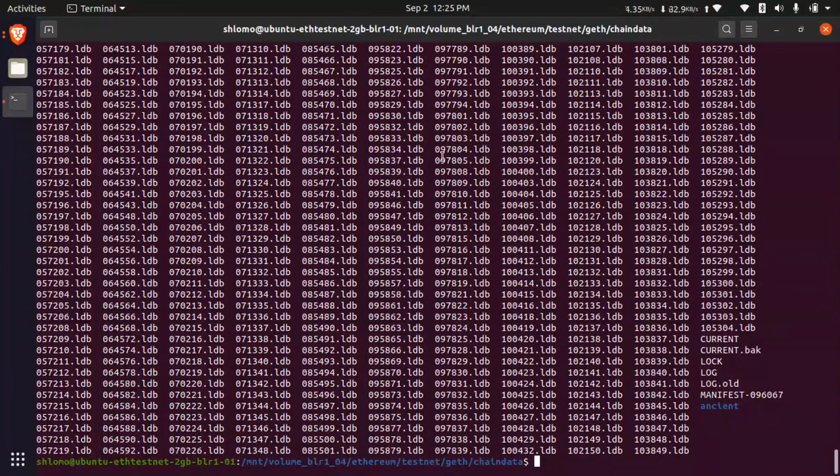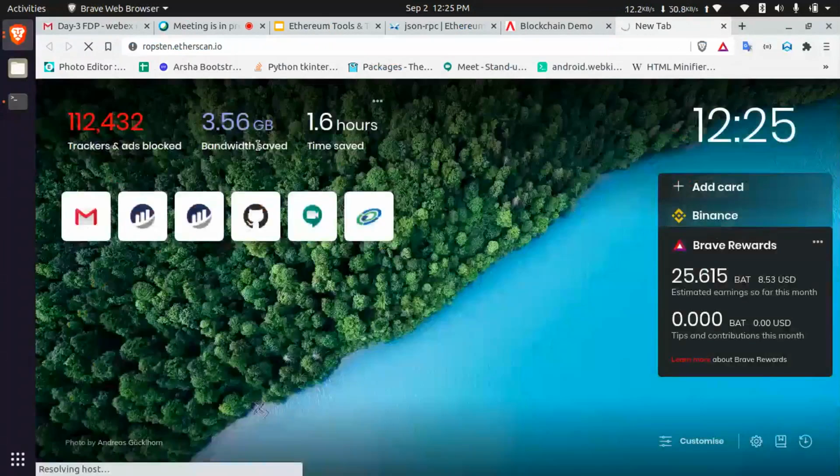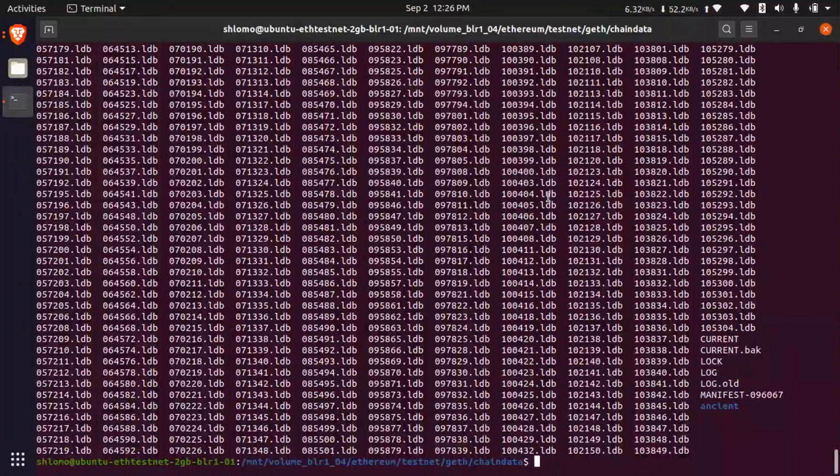These data will synchronize in every testnet node. If I modify this file, my node will get stopped. Why? Because it will vary from other nodes. So the blockchain will kick out my node, and then we need to clear all the blocks and start from the zeroth block up to the current block number. From 0 to this many blocks we need to download. This will take 1 week or 2 weeks based on internet.